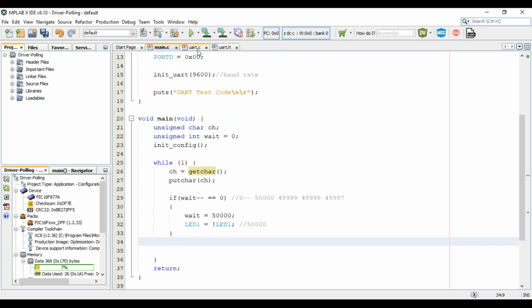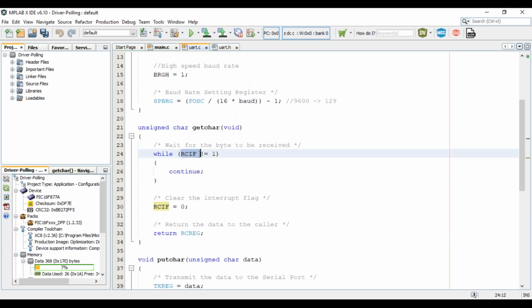Yes. And here I'm continuously monitoring RCIF. I'm continuously checking whether RCIF has become 1 or not. So what is it called? If I'm continuously keeping an eye on a pin or a bit of the microcontroller, yes, it is polling. Now, due to this polling, I am not able to pay attention to other things. Unless RCIF gets the value 1, I will be stuck inside the